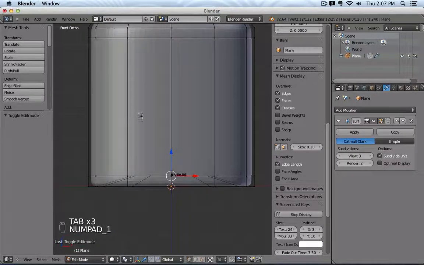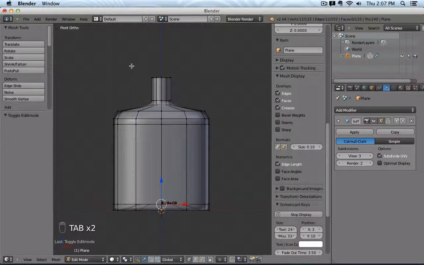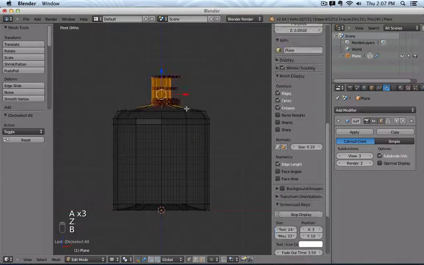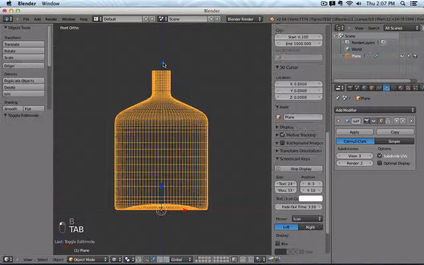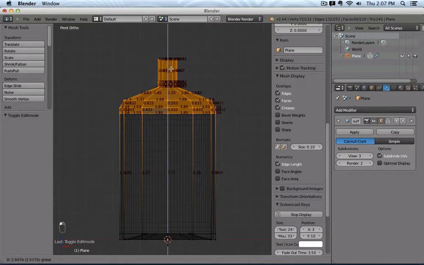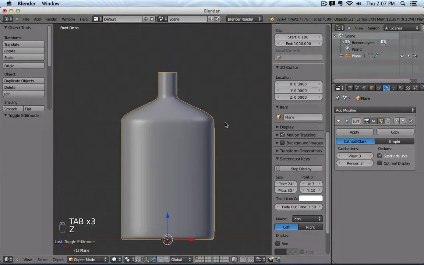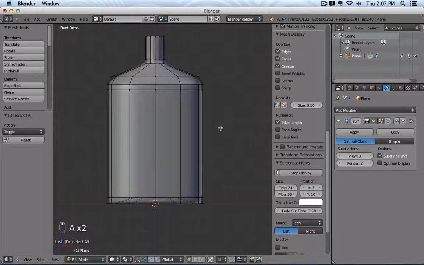Okay, so that so far is okay. Maybe still would like this to be a little bit higher. Actually, the whole bottle may be a little bit higher, so it feels better in my hand. Maybe like this. Okay, so how could we now create this S shape